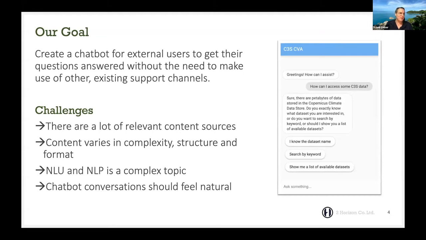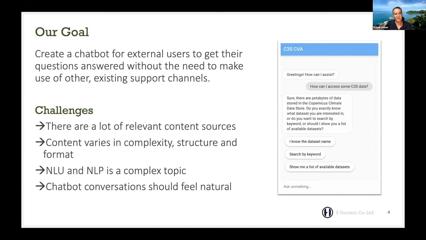So what are the challenges? There are a lot of relevant content sources we are considering. The content varies a lot in complexity, the structure and the format. And some of the sources are in a Confluence, in a wiki style format.